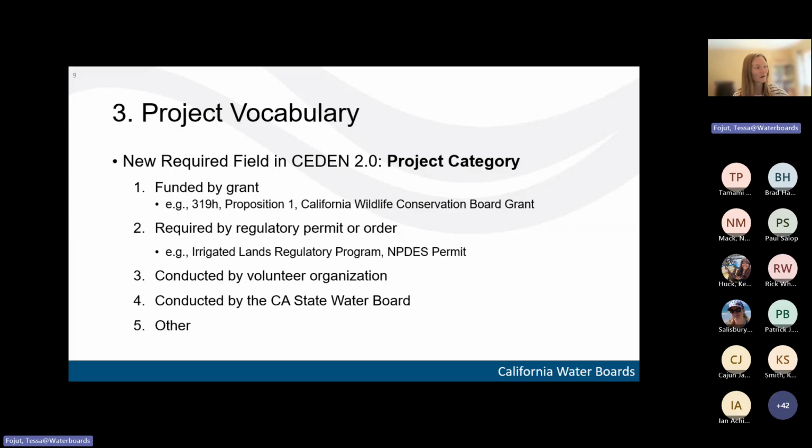Or was it part of a grant requirement or a permit requirement, versus a volunteer organization or volunteer slash community science group who just wants to provide data? I think it came from our board level and upper executive management level, wanting a better sense of who is submitting data to CEDN and why.